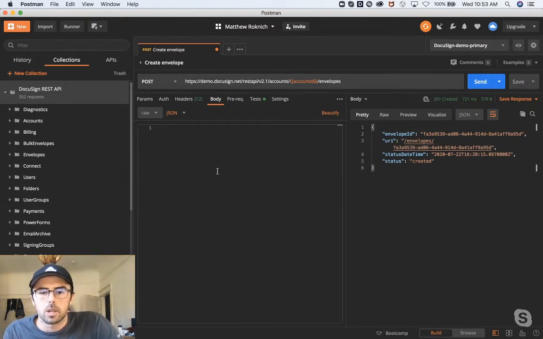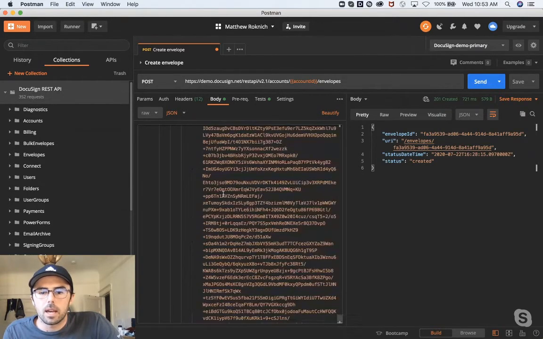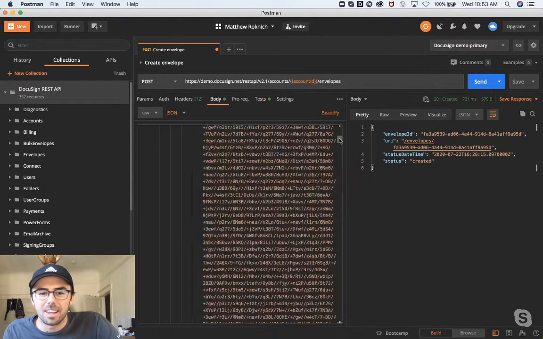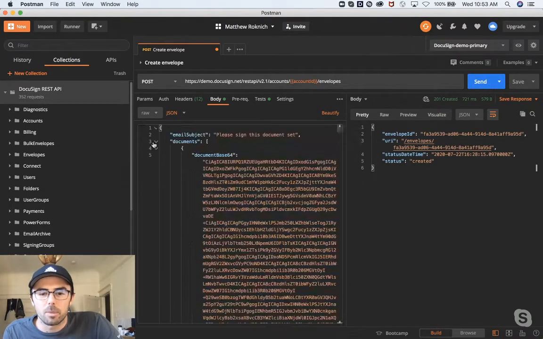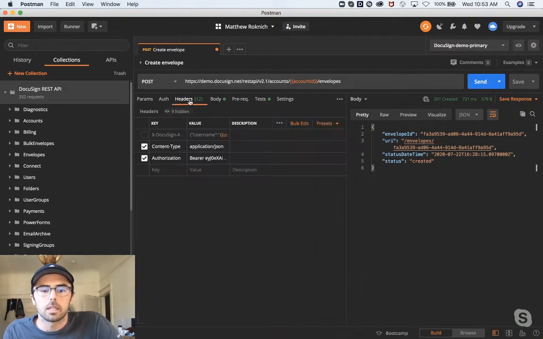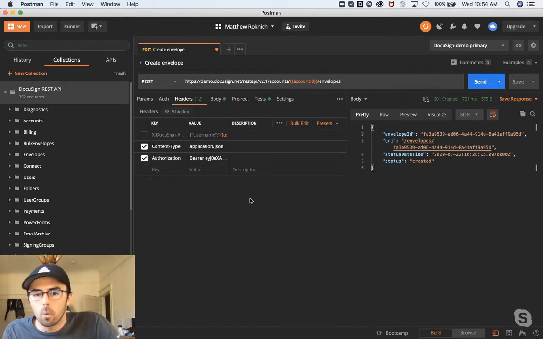So here's the request that we built using the Node.js SDK, and obviously we have a massive documents array here. Let's drop that down a bit. And what I can do is use our OAuth token generator to drop in a token here in the headers. Once I have this dropped in, I did this 10 minutes ago, I can make requests to Postman and test and see whether they work, whether I get an error. So let's click send.